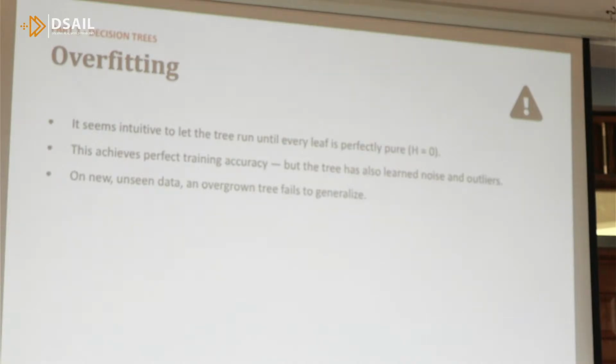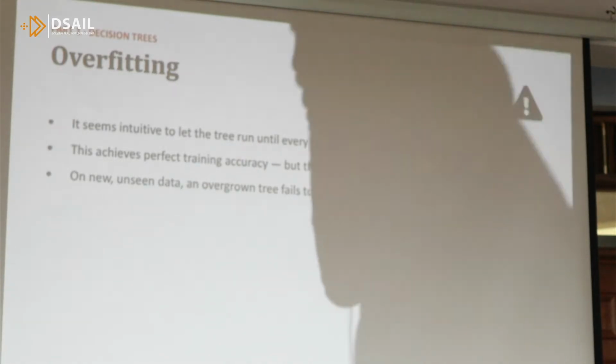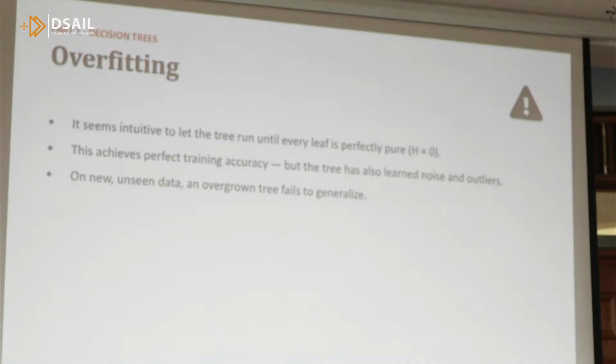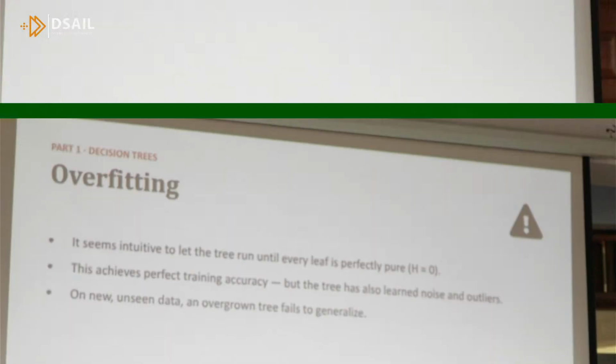Because you'll obviously realize that data is not always purely cleanly splittable. Sometimes you'll be able to split it, but you'll have 1 or 2 elements of one class on the other side and some other elements in this other class. So the entropy will not be purely 0. So if the tree gets to a point where it is 0, most probably, we looked at the example of XOR, but let me think of a good example here, let's say we have such a case,